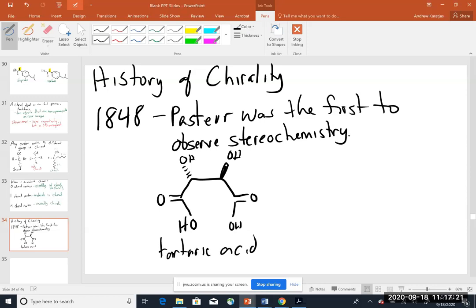And it's actually a byproduct of when you make wine. And what he was able to do was he found another sample of tartaric acid. That other sample of tartaric acid had come from a lab. And because of the way these two compounds formed crystals,